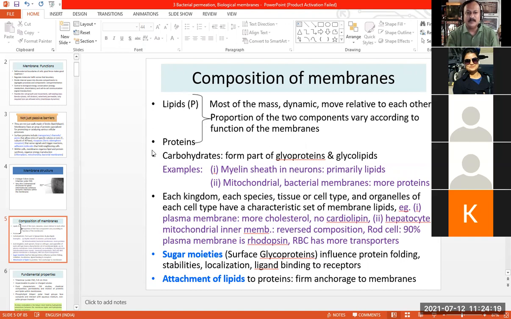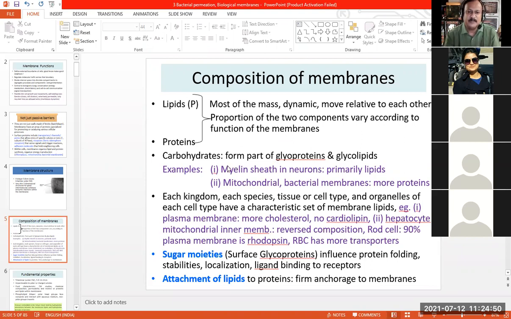The lipids and the proteins actually form a large part of the biological membrane. I have told you that these molecules are not just passively sitting in the membrane, but are very dynamic molecules. They can move within the membrane and change their conformation in the membrane. That is why they are able to perform certain functions, and those functions are the specific property of that particular cell membrane.